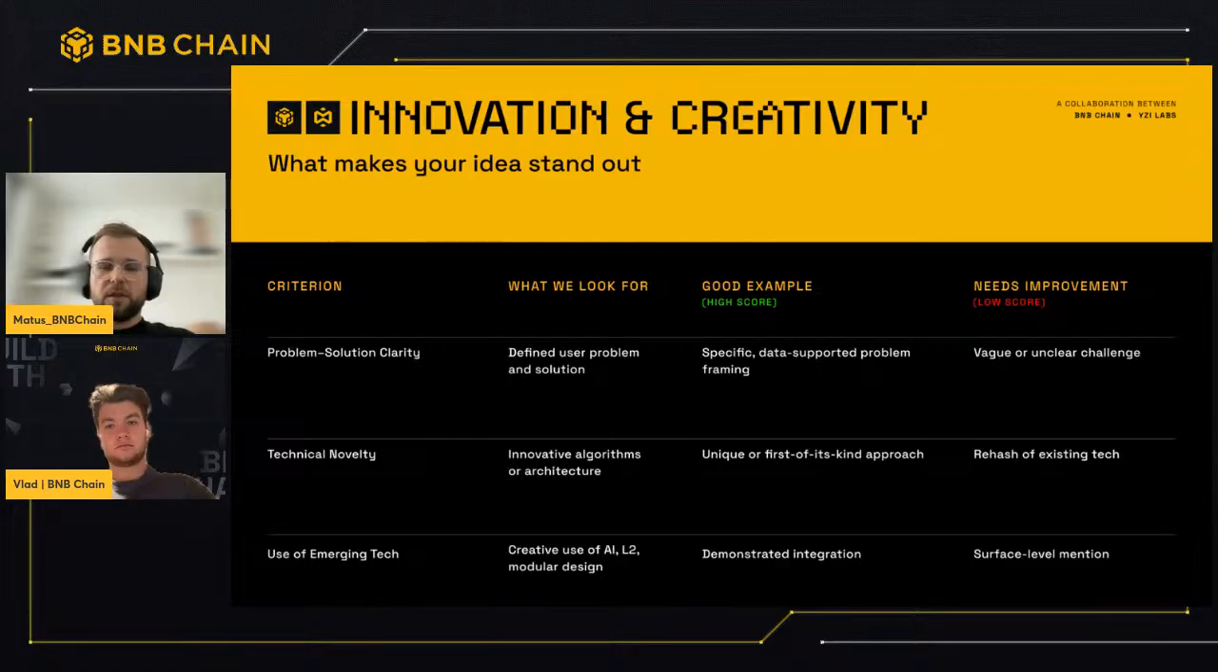Technical novelty is also very important. If it's something unique or if it's just a copycat or fork, this also affects the judging criteria. And also using emerging tech, how you integrate AI into the blockchain. If you use L2, or if your app requires the use of L2 because of high TPS, all this integration that will be demonstrated in your app is very, very important to increase your total